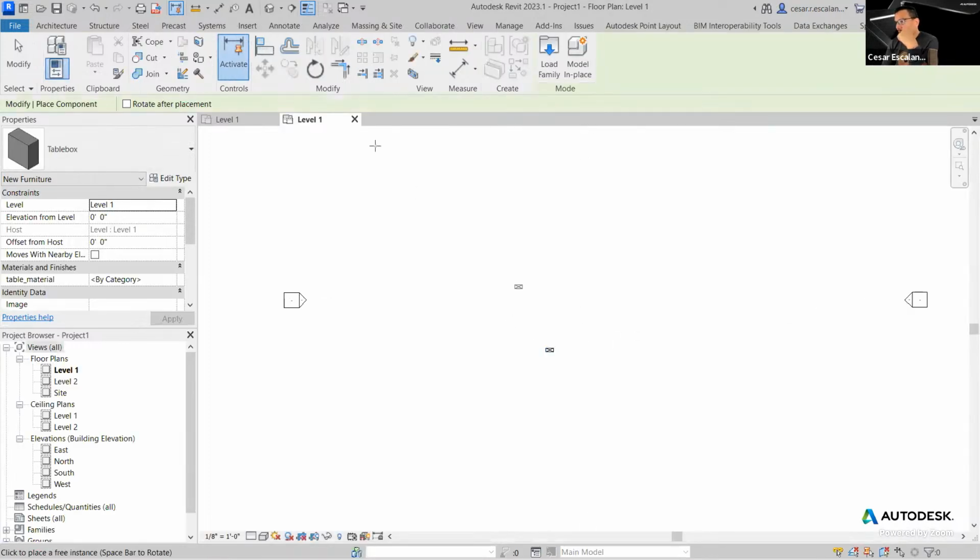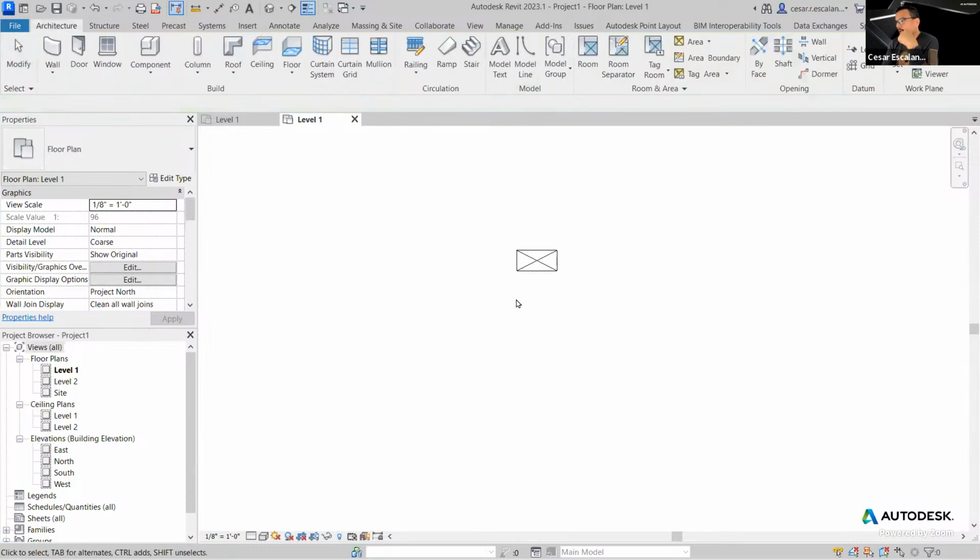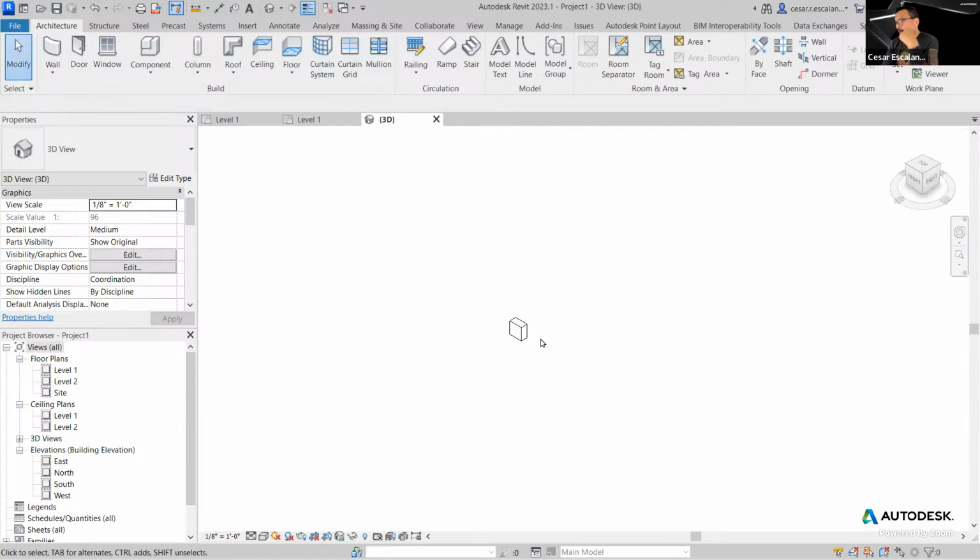So this is the box I created. Notice how the symbolic lines only display in 2D. They don't display in 3D. And then when I switch in 3D,